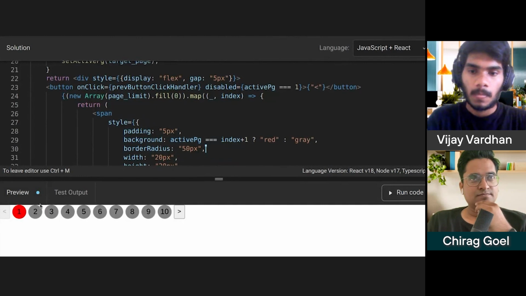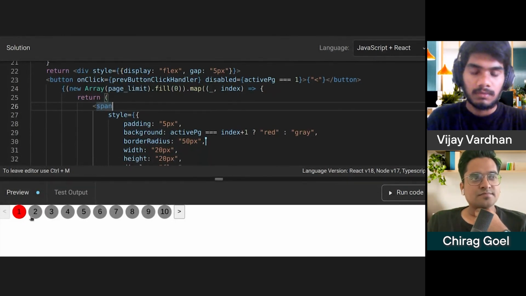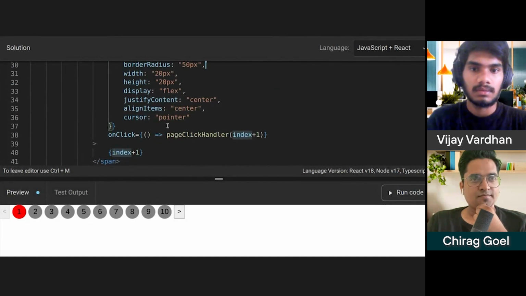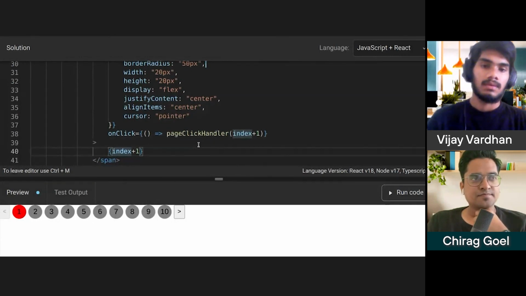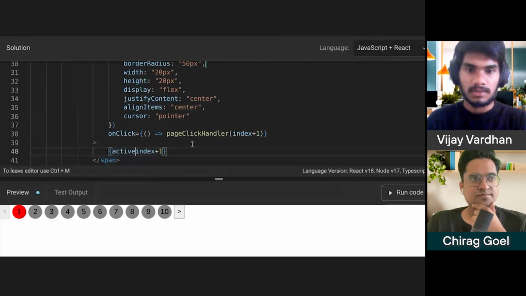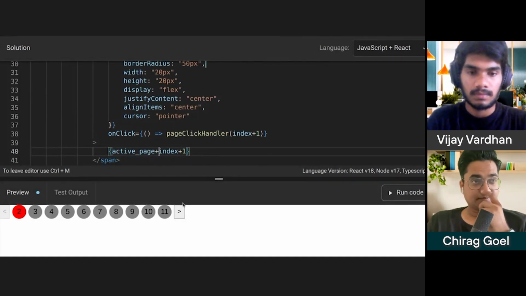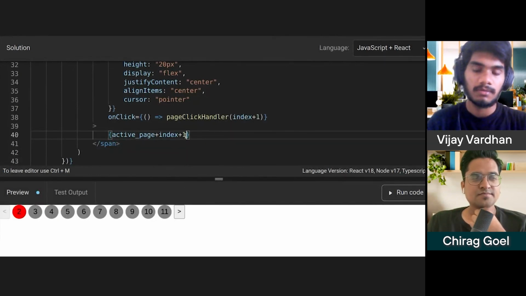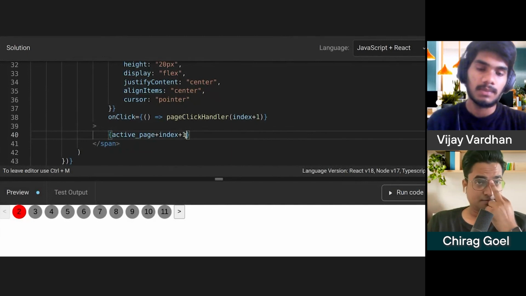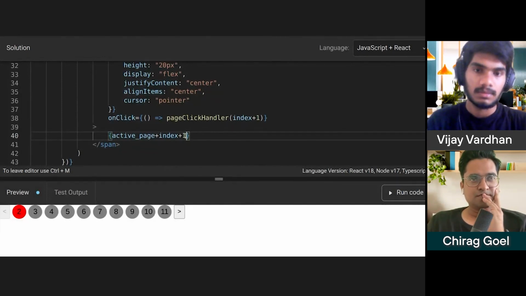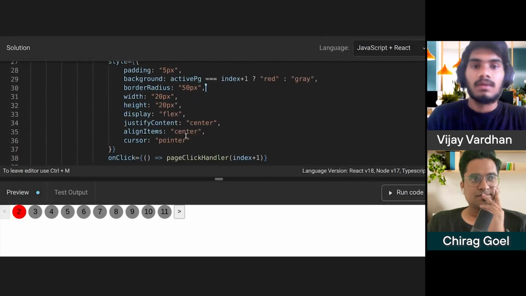So the active page is one, and the page limit is set, but then I want to start from two. In that case, this should be active page plus index plus 1. The pages we are displaying should go from the active page to the active page plus the limit. But then